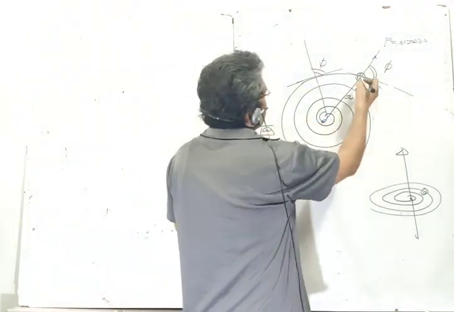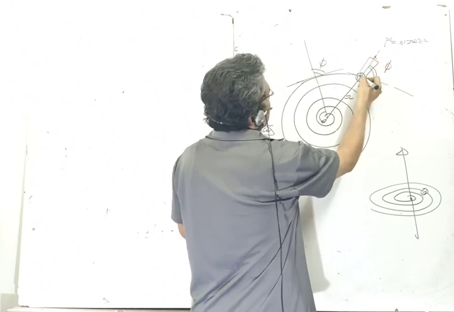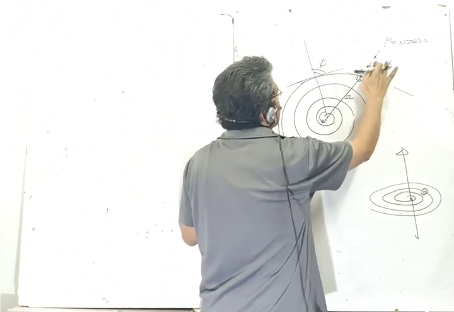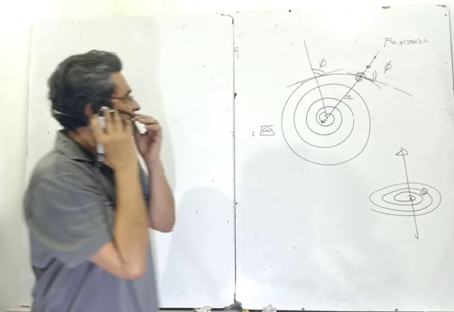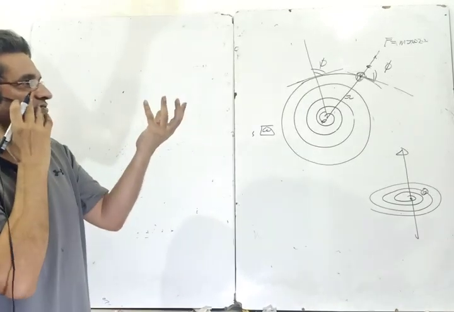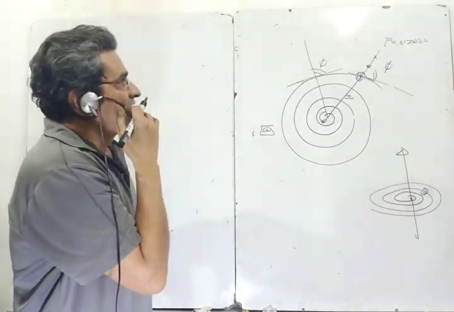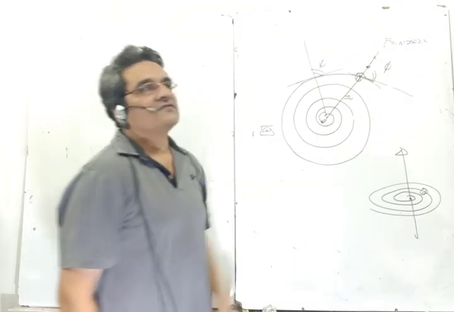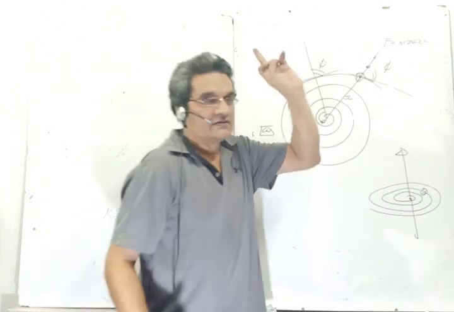Had this body been in this shape, then its center of mass would not lie here, it would lie there. That can bring more complexity, so let us have a symmetrical body where the center of mass lies at the center of this sphere. The sleeve is spherical in shape, and there is a pathway for it along the spiral. The point I wanted to mention is that r is always from the center of mass to the axis of rotation. Don't take r generally at any point; it is the center of mass.